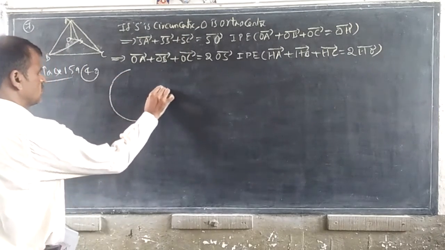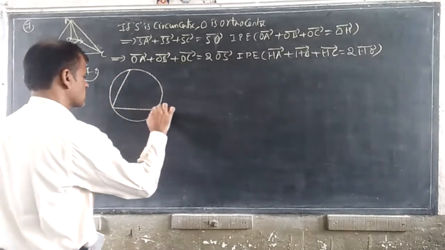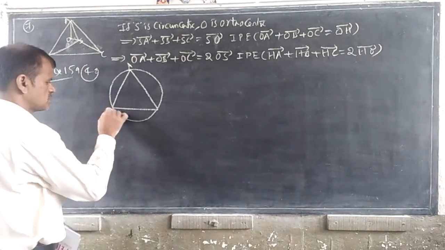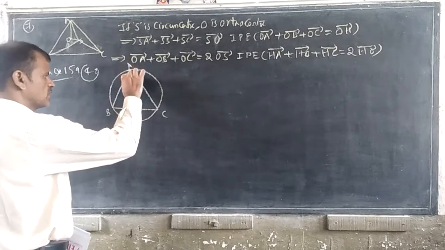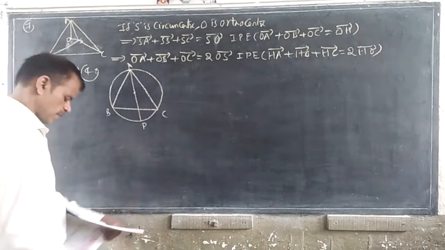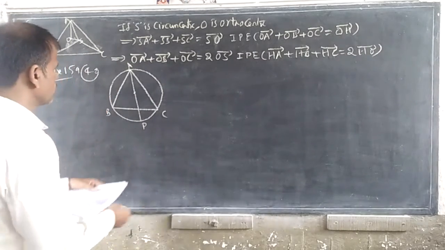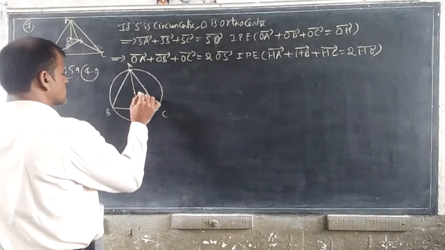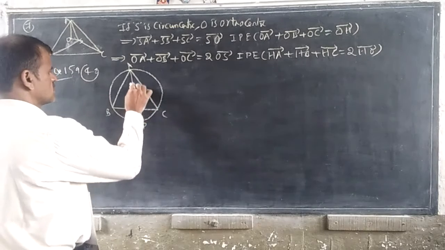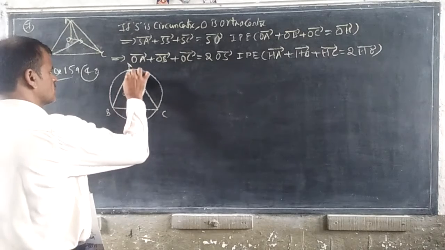So first of all, draw the circle, later we can draw the triangle. AP is the circumdiameter. Right, here this is A, this is B, this is C, completely joined like this. This is the circumdiameter. O is circumcenter and O dash is orthocenter. Circumcenter means the point of intersection of perpendicular bisectors. Okay, just a concept here. O you can put, O dash you can put here.